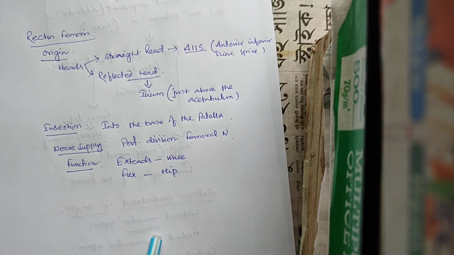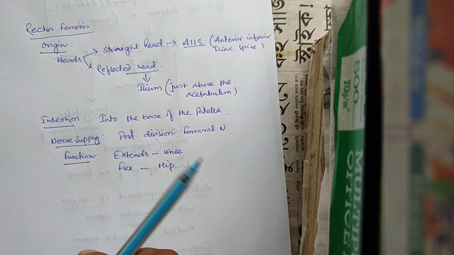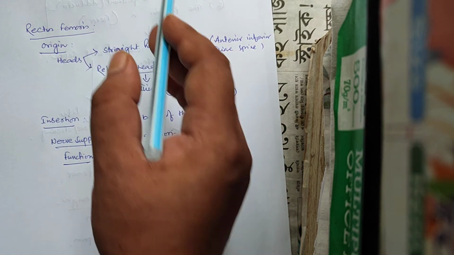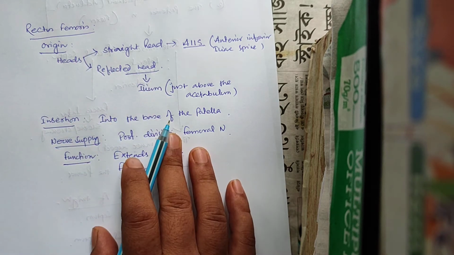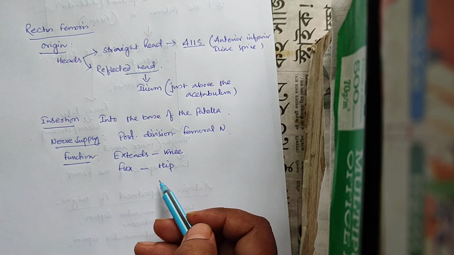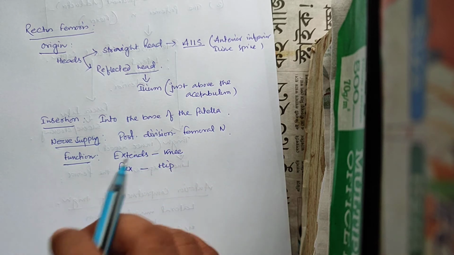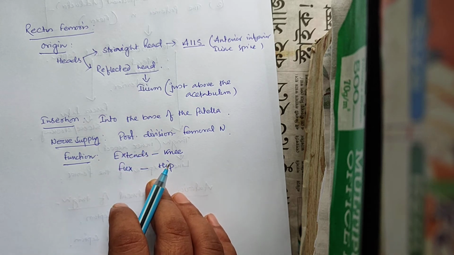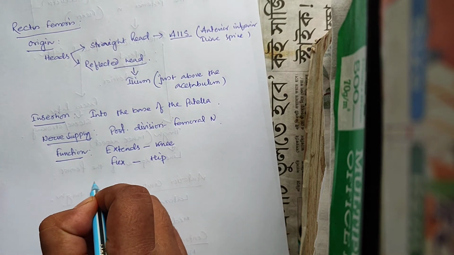As I already told, the quadriceps is a group of four muscles. These cross only one joint except the rectus femoris. The rectus femoris muscle crosses both joints, the hip joint and the knee joint. That's why it helps in the extension of the knee joint and flexion of the hip joint. This action is required during kicking. That's why it is called the kicking muscle. So you must remember the rectus femoris muscle is called the kicking muscle.